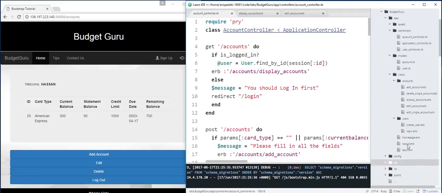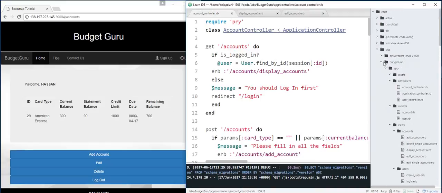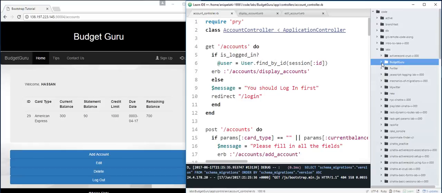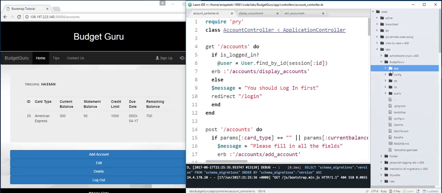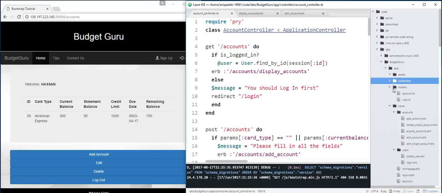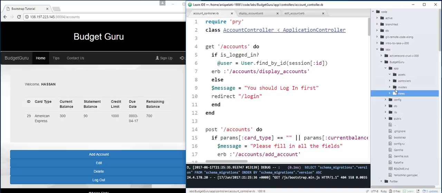And so first of all, we go and we make some changes in an app. So here is my app. Okay, and because I use Sinatra, in Sinatra we use a pattern which is like MVC, where M stands for model, V stands for views, and C stands for controller. So we actually put everything in three folders: controllers, models, and views, where models is actually our classes where all the